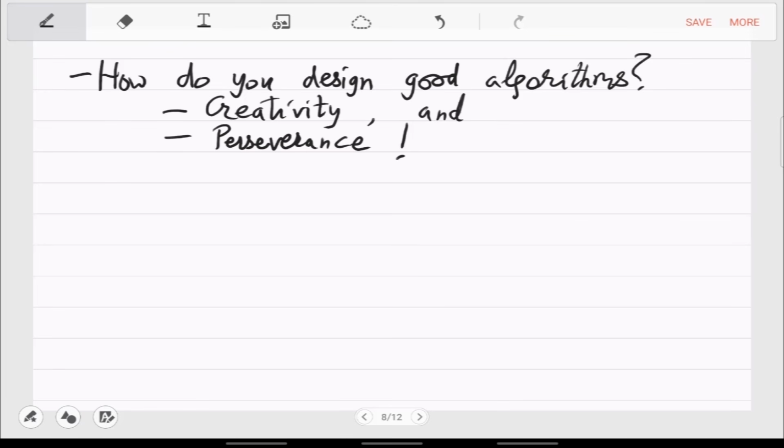Right? So you need to be creative, which means that you should either be born with great skills in designing algorithms, or if you are not born with those skills, then you should practice many problems. You see many problems, you see many solutions and try to learn how it is done, and summarize everything in terms of a few paradigms. Right? So what are the paradigms, what is the philosophy of solving a problem? So that hopefully will make you creative, and perseverance is, given a problem, you have to try to solve it yourself. Right? So get the first bad algorithm or bad solution, then try to improve it, and so on.